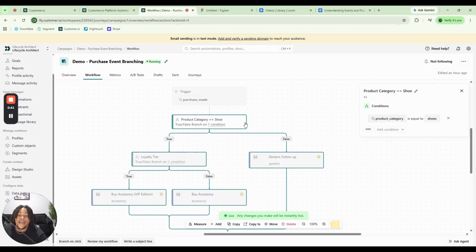Now, since we have those properties on that actual event, we can do a split. A split is basically saying true or false. Is this actual thing that we're setting as the condition true or false? Here, as you can see, we're using the product category event property, and we're saying if product category is equal to shoes, send them down the true branch. If it is false, send them down the generic branch. So this is using the event and then the event property to do a true or false on it